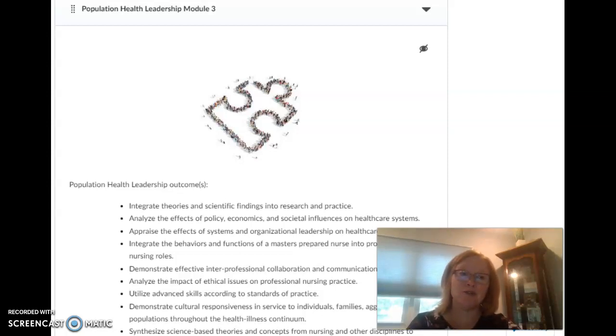Module 3 also includes an assignment link for the stakeholder map. You will be looking at stakeholders, and this will be instrumental again as you're developing your final presentation. So look at those individuals that you want to engage to build your population health practice. Now you can do this at the unit level, the departmental level, the interdepartmental level, or facility-wide. It's based on your locus of control and where you want to focus or start implementing those culture changes as far as population health practice.